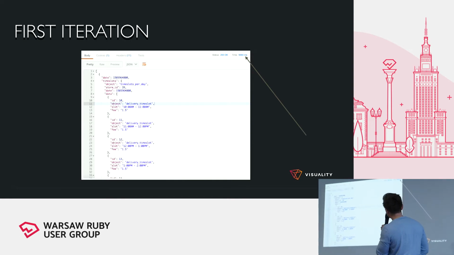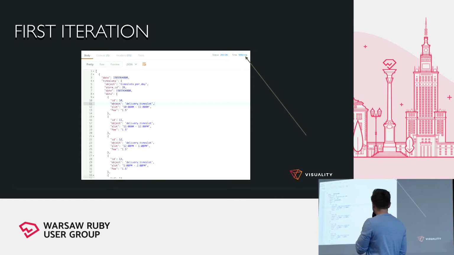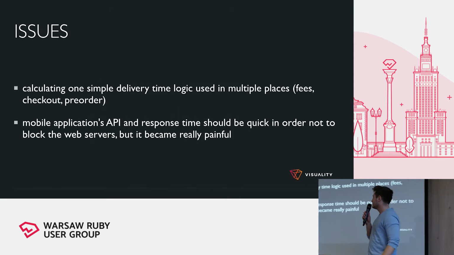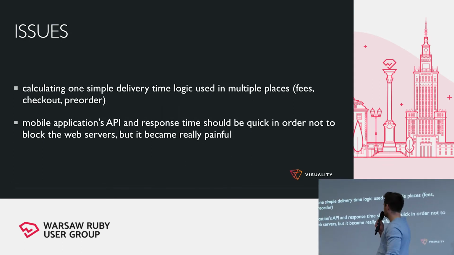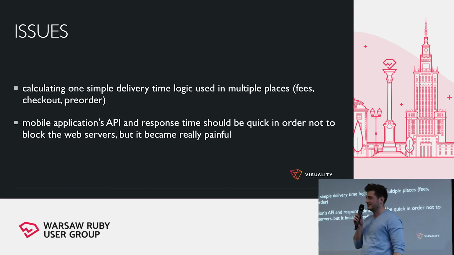So the result was that the response to this request took almost 6 seconds, 5.5 seconds. It was a mobile application, so for an API that's pretty long, and the client probably wouldn't be satisfied. So obviously we had to increase the speed of this endpoint. The issue here was that we were calculating one simple delivery time logic,